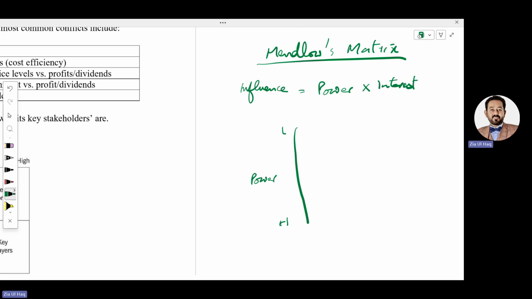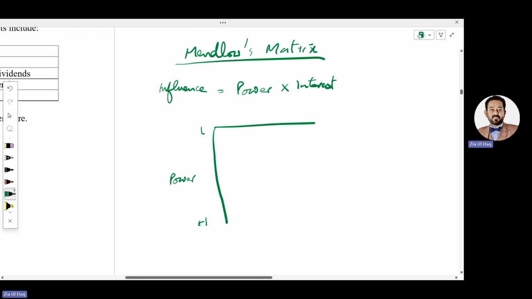Shareholder, management. Employees having high power or low power? Low power. Supplier having high power or low power? Nowadays, we are having so many suppliers around the world. We can take suppliers from China if a local supplier is not willing. So low power. Government, high power. Pressure groups, high power. Local community, low power. In the similar manner, some stakeholders are having a high interest in the organization activities and